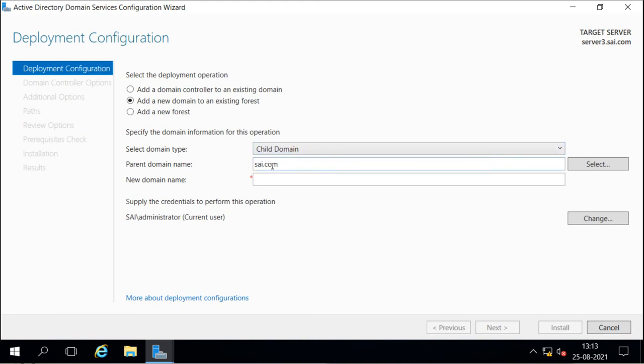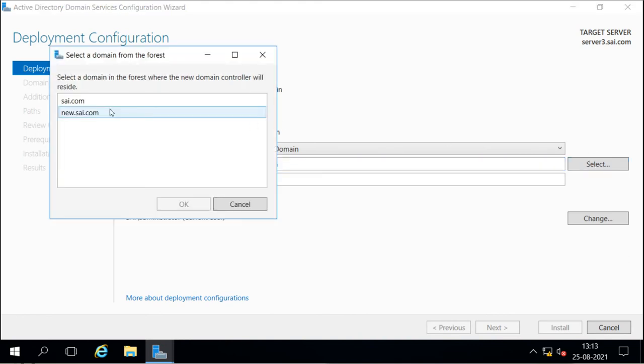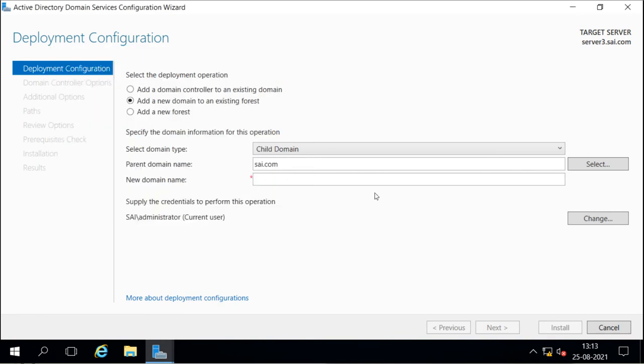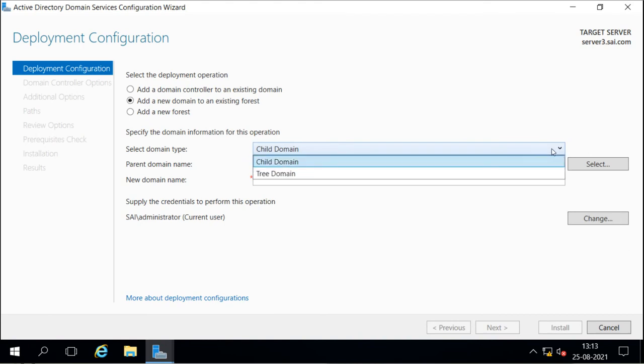I want to create a child domain for this sci.com, or for this child domain. So we can create the child domain of the child domain, or of the root domain directly. But we want to create the tree domain. So we will drop down this and select that I want to create a tree domain.